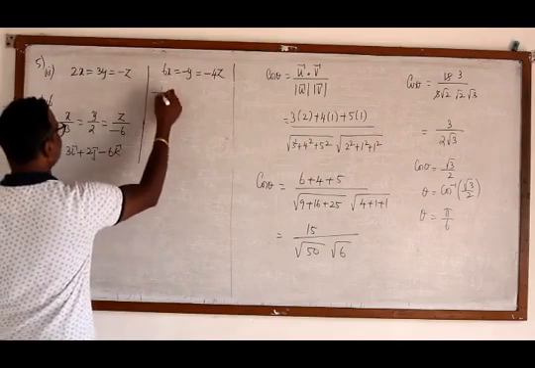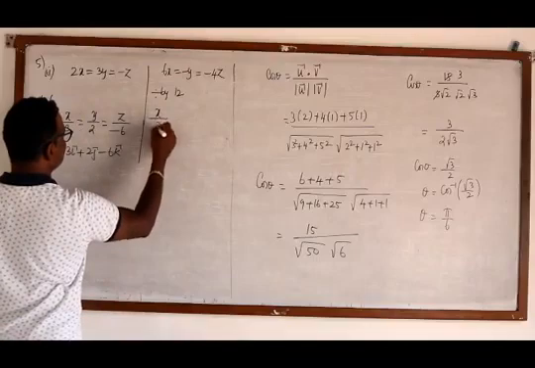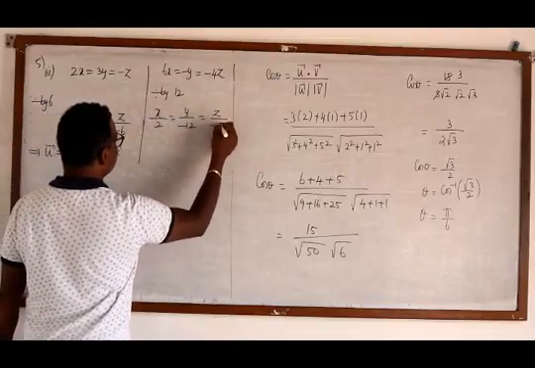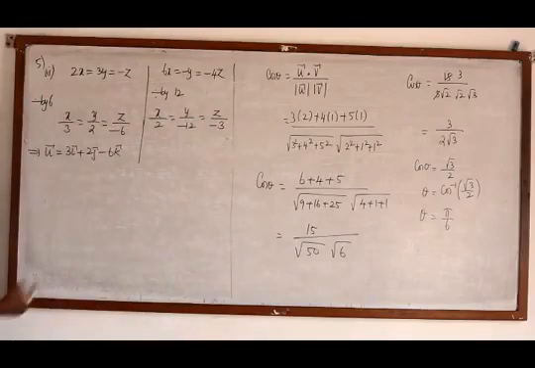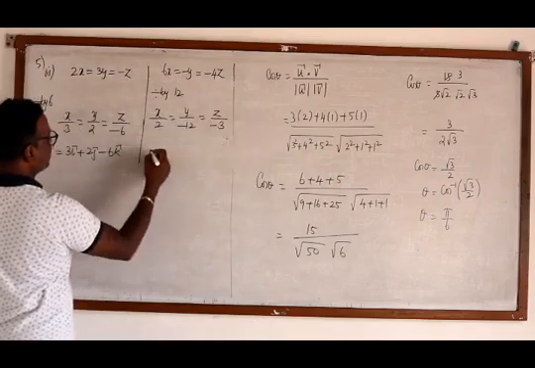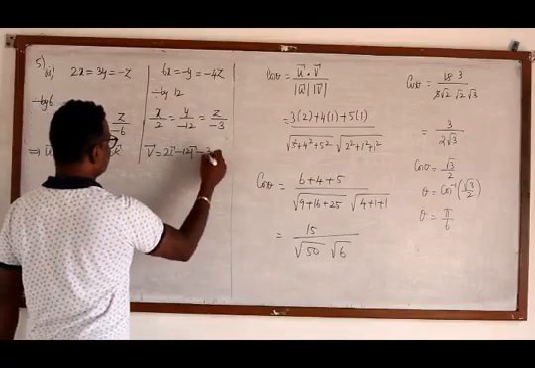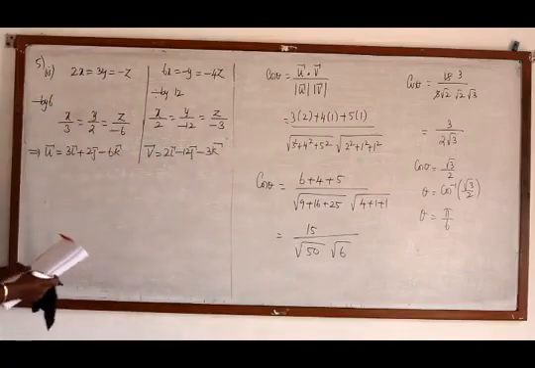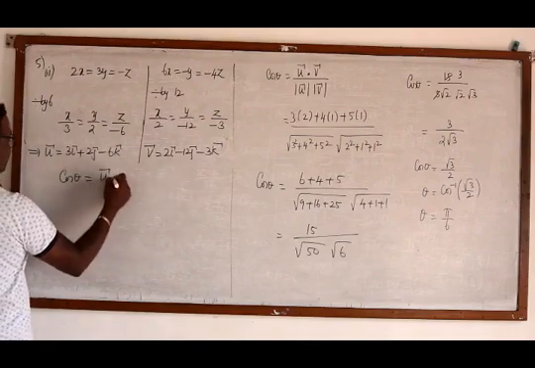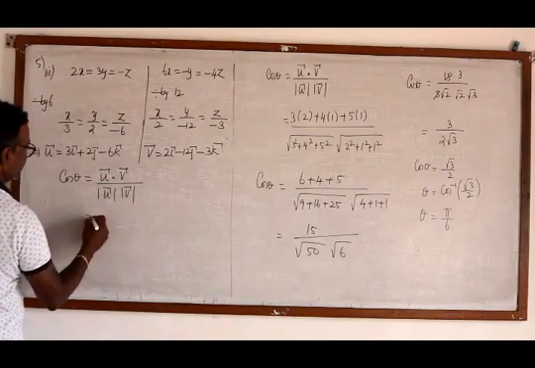Similarly, if I divide by the common number 12, it is x by 2, y by minus 12, z by minus 3, because I need the coefficient to be plus 1. So I am taking the minus signs also. Therefore, in that case, the v vector is 2i minus 12j minus 3k. Now we identify what is u and what is v, so cos theta is u dot v by modulus of u into modulus of v.